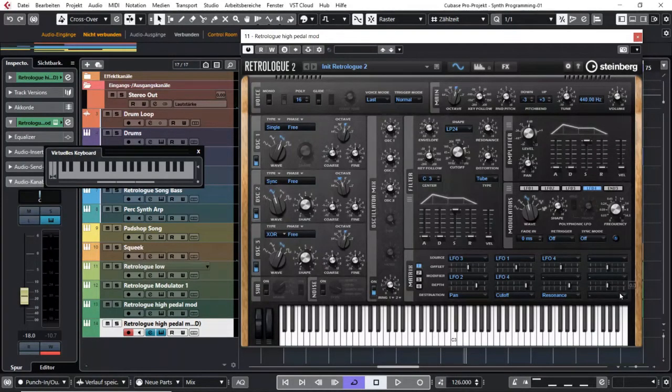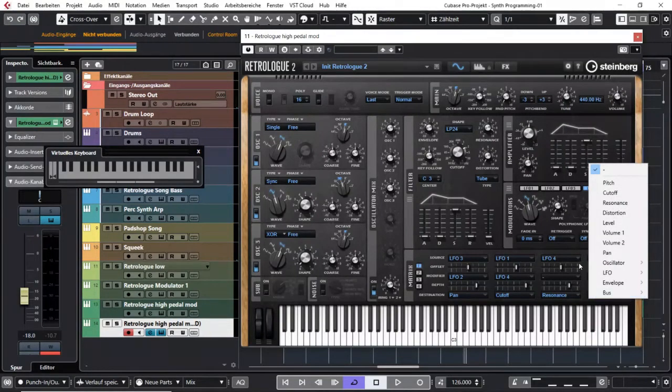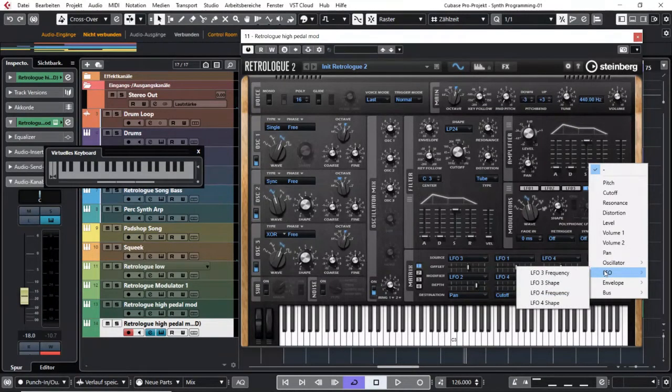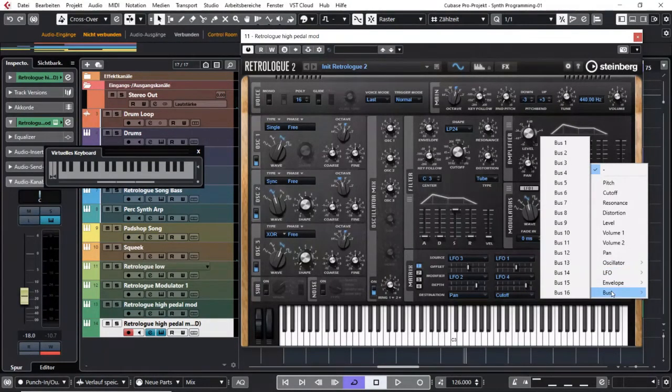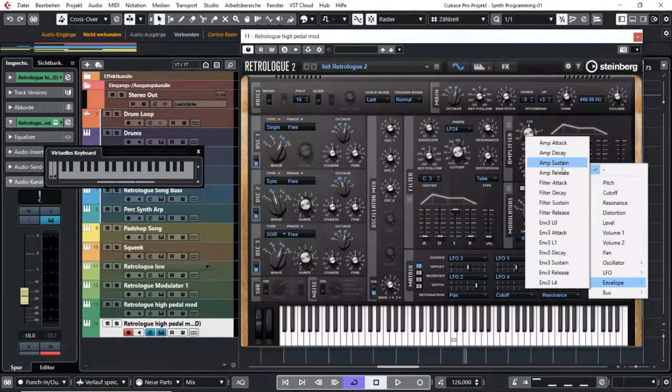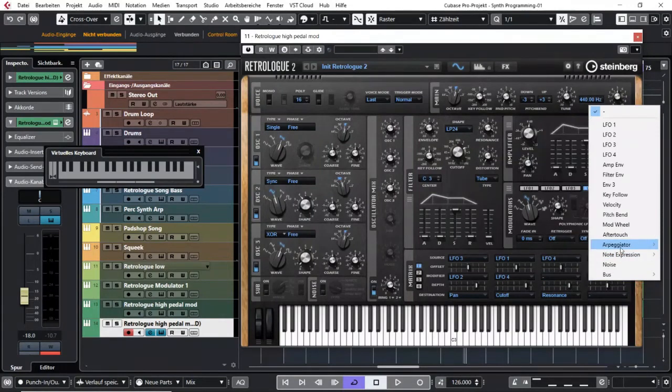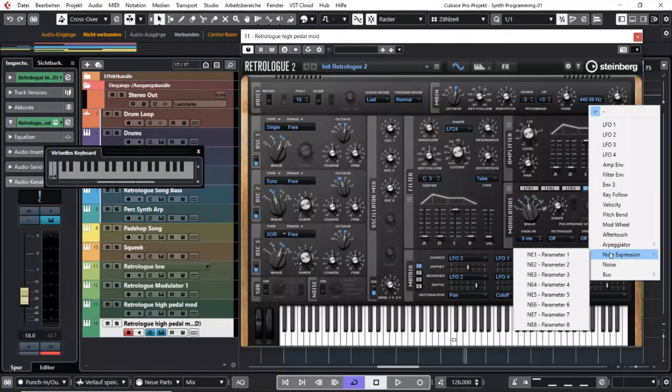And if you look in the drop down, then you will see that there is way more possibilities than you would think, because it's also possible to use the different sliders of your envelope, or to even use parts of your arpeggiator or of note expression,